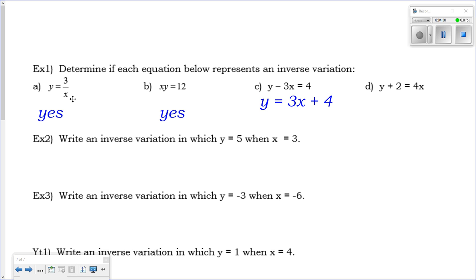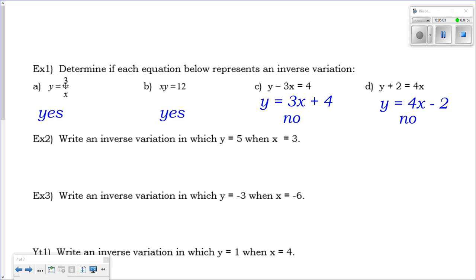And what I'm looking for is a number divided by x when I solve for y. Do I have a number divided by x here? No, I do not, so it's not an inverse variation. Do the same thing with D. Solve for y. So when in doubt, you solve for y. Y is 4x minus 2, because I had to bring that 2 to the other side. And if it's not a number divided by x, x needs to be in the denominator, then